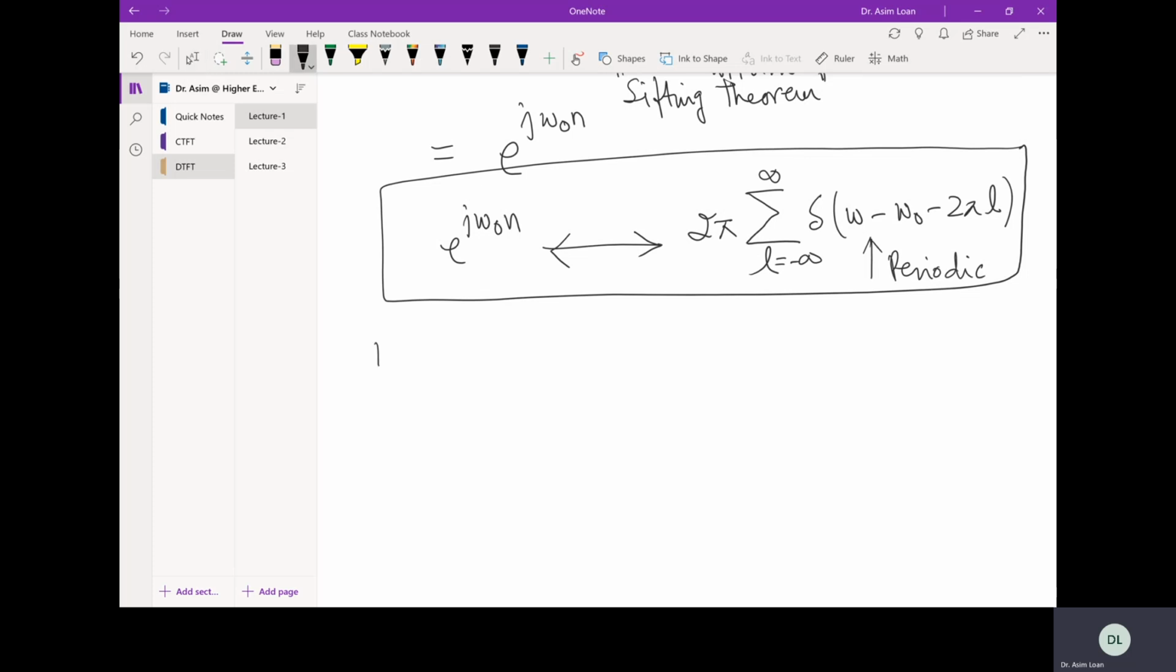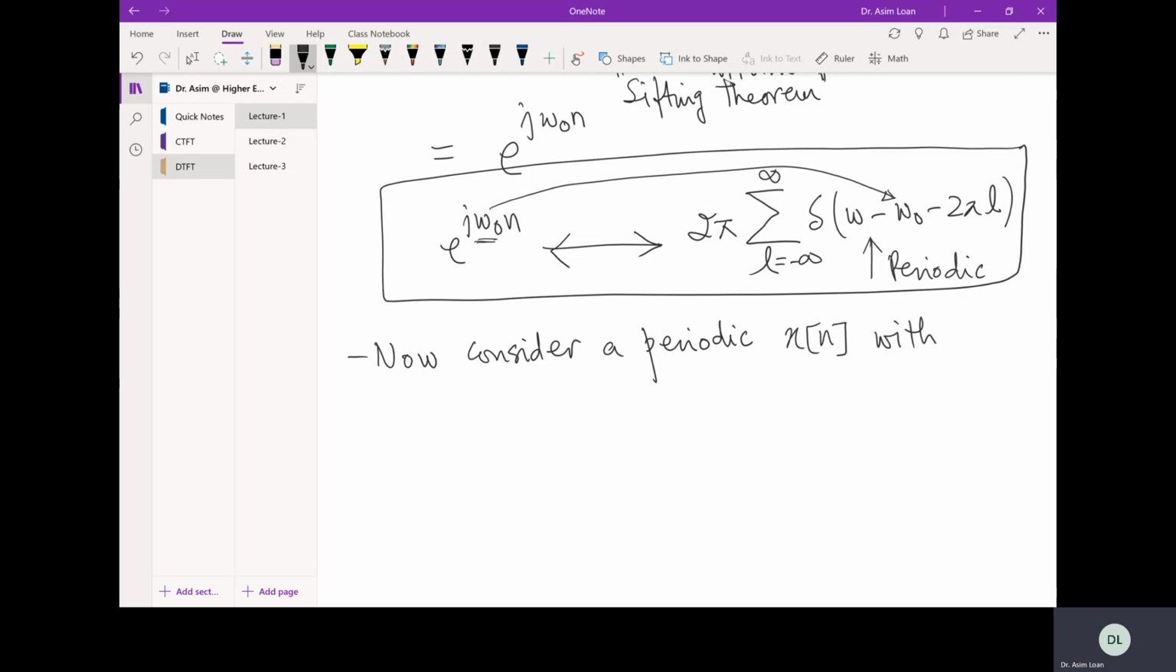Now consider a periodic signal. Obviously, if this was k omega naught, then this omega naught will change over here. Okay. So now consider a periodic x[n] with period N